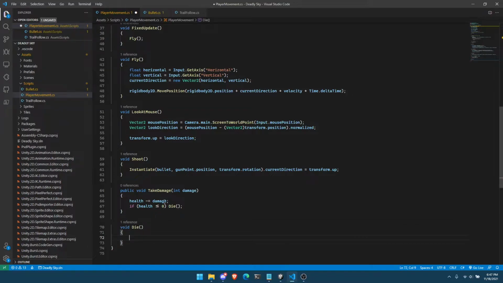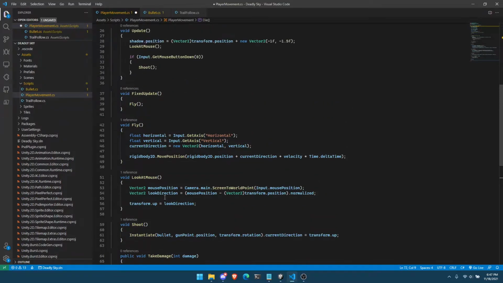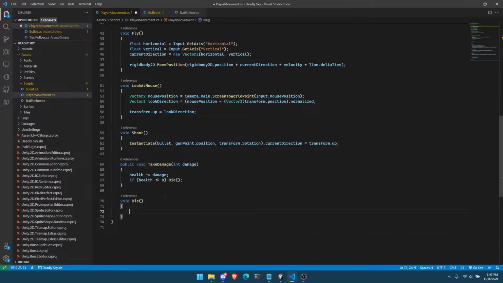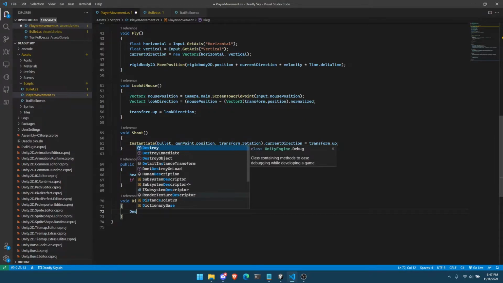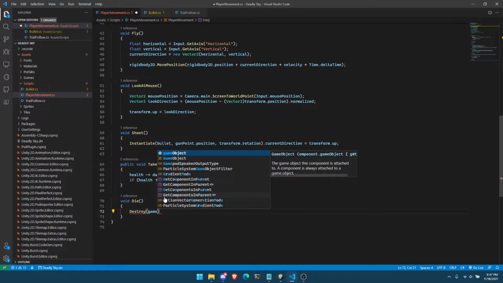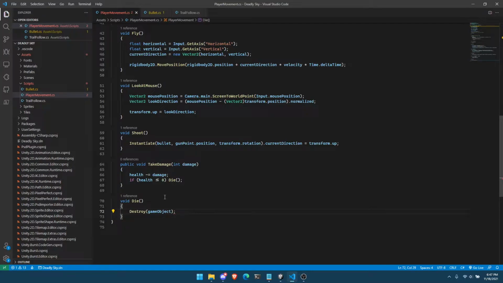So what do we want when our player dies? Well, obviously we want to destroy the player itself. So let's just do that for now. So destroy the game object. Right? And so now that we have the base functions for handling the damage and the death of our player,